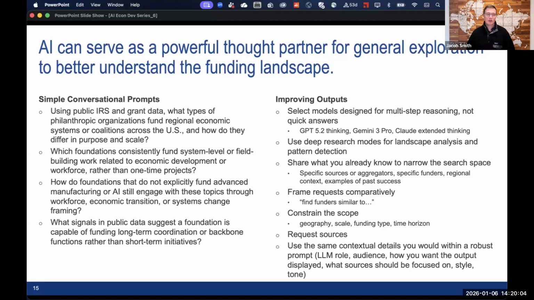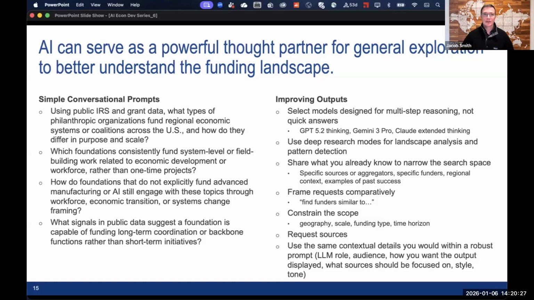So maybe you're starting with a little bit of context about your region or some funders that you think might potentially be interesting. In the case of general research, it takes very little time to go into your tool of choice, whether it's a ChatGPT, a Claude, a Gemini, and just ask questions.